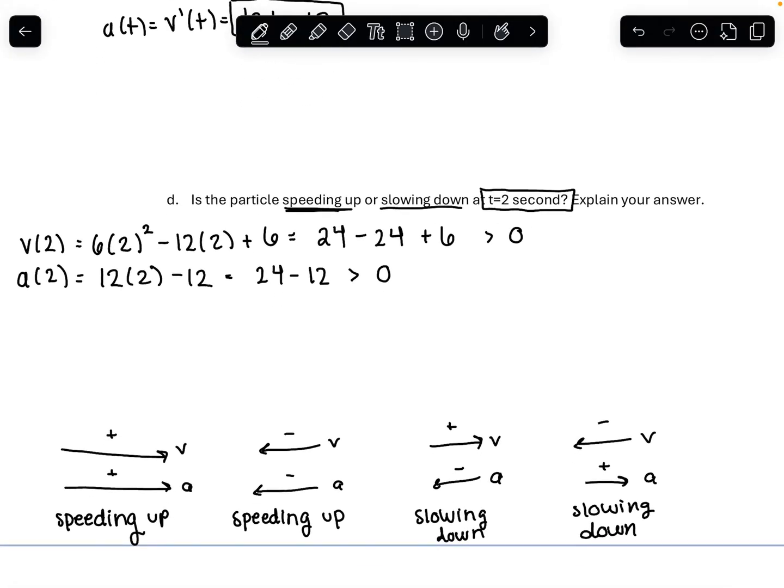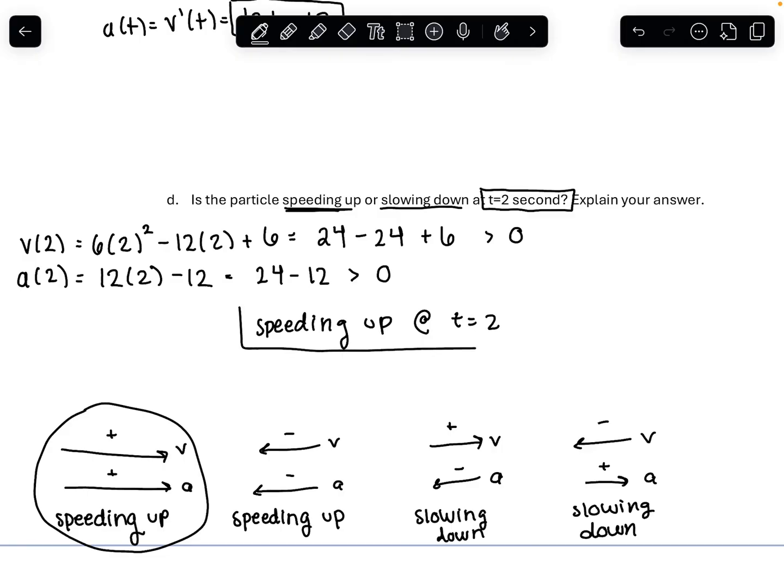So because they're both greater than 0, we can conclude that we are speeding up at t equals 2 seconds. So if you just showed me acceleration or you just showed me velocity, that's not enough information. You have to show me